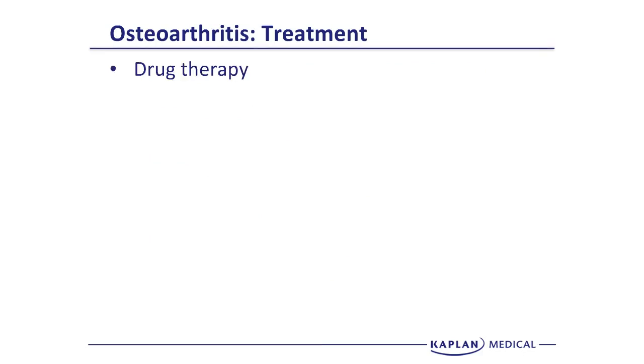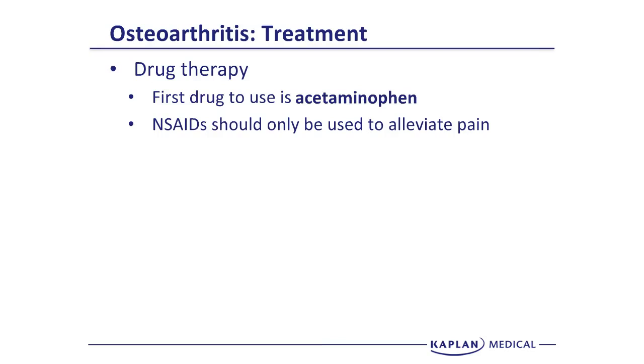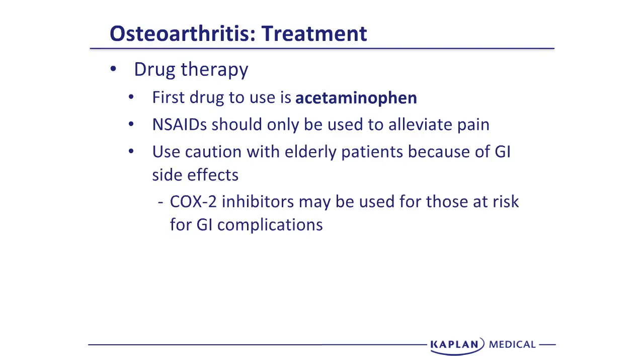Now, what are the drug therapies that you use for osteoarthritis? Again, no agent has been shown to change the natural course of the disease. It's not like the other inflammatory conditions. The first line drug that we're going to use, as we mentioned before, is going to be acetaminophen. NSAIDs should only be used to alleviate pain, not for their anti-inflammatory effect, because the disease is not an inflammatory condition. Use caution in elderly patients because GI side effects of NSAIDs are higher in the elderly patient: ulcers, bleeding,